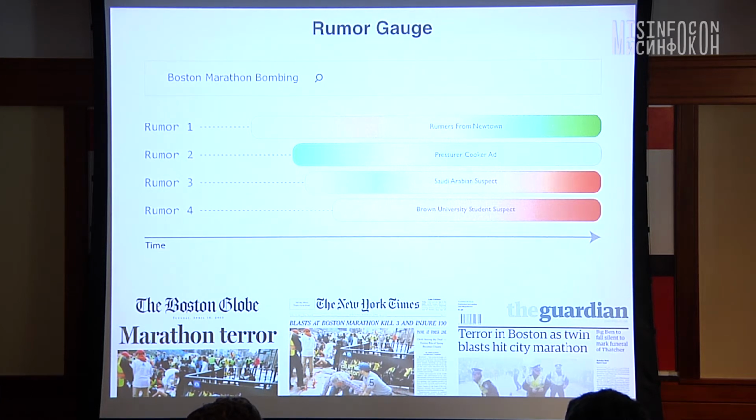And I wanted this to be done automatically because I wanted this to be used in real time for many events at once. So you probably don't have the resources to have a team of people constantly monitoring Twitter for rumors, and even if they do identify the rumors, it would take them a lot of time to actually verify the veracity of the rumors. So that's why it was really important for me to do this automatically.